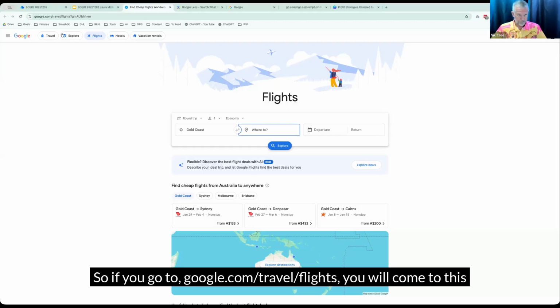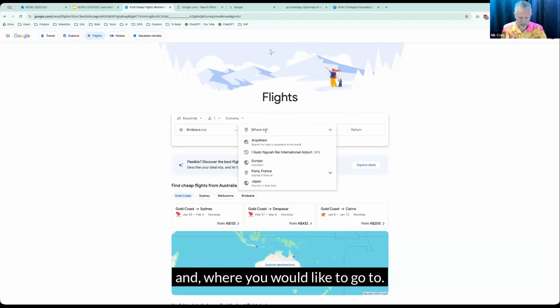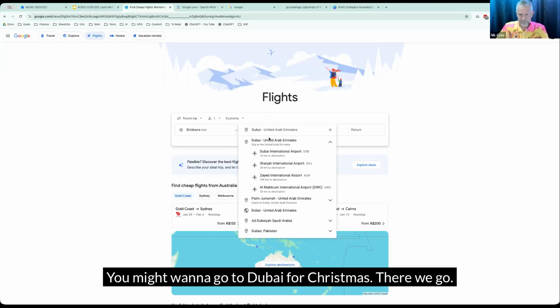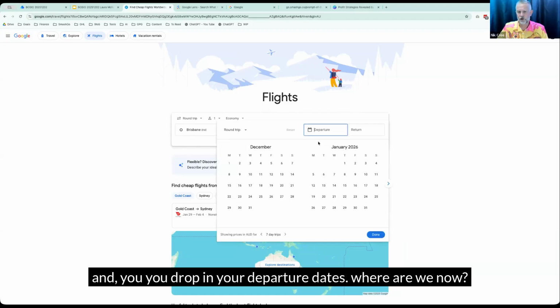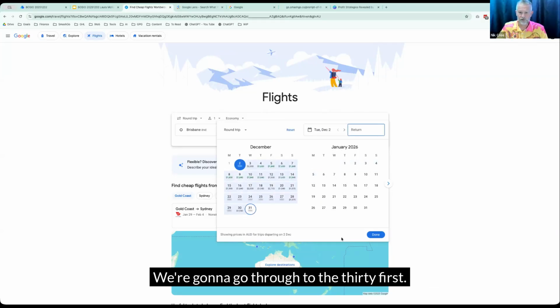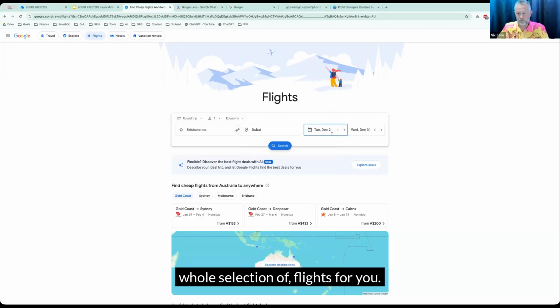So if you go to google.com/travel/flights, you will come to this page here, and then you can drop in where you're flying from and where you would like to go to. Anyone want to go to Dubai for Christmas? There we go. And you drop in your departure dates. Let's say, 2nd of December. We've got a quick trip. We're going to go through to the 31st. Click done, and it's going to come up with a whole selection of flights for you. So click the search button,